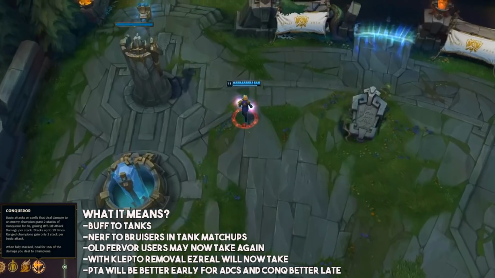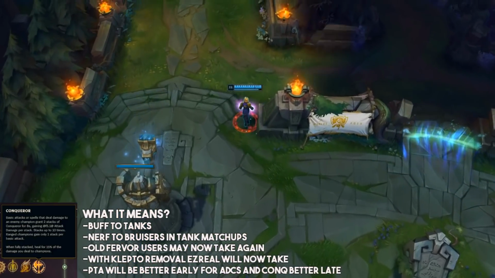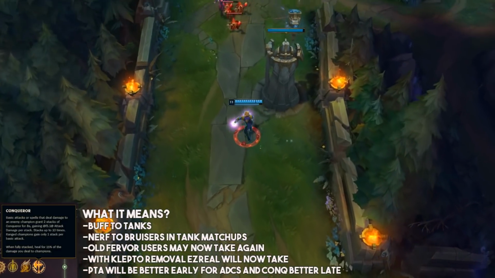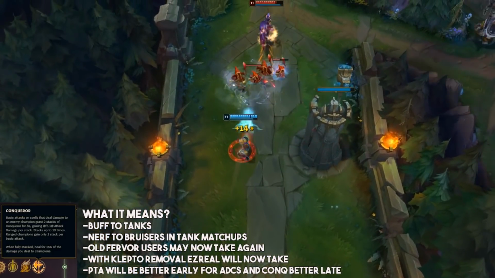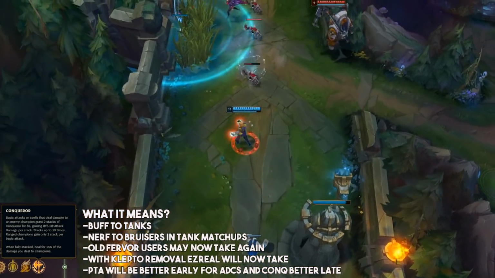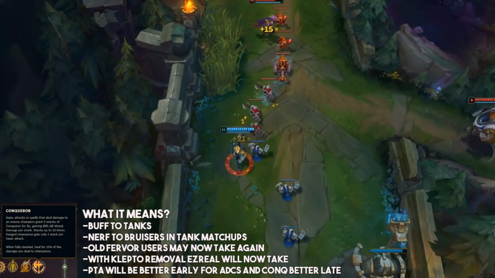It's going to take you a lot longer in the laning phase to stack this up as a ranged champion, because you're only getting 1 stack per basic attack. So that means that it's just going to be a lot less useful than something like Press the Attack. So I think that if you're playing somebody like Lucian and you're in an aggro matchup, then you'd probably still want to run Press the Attack